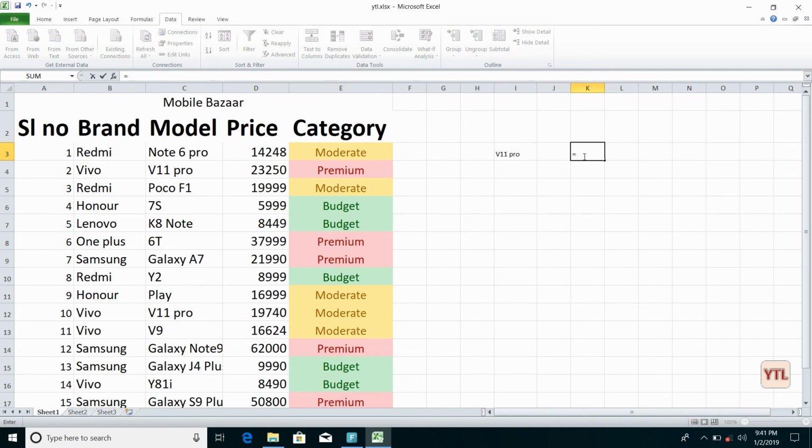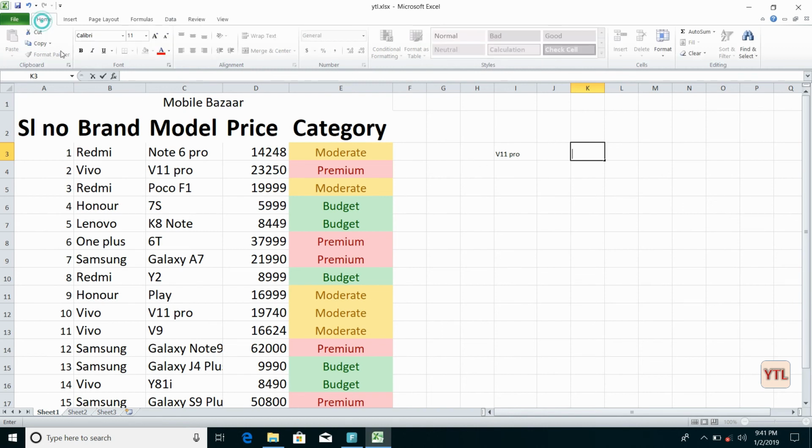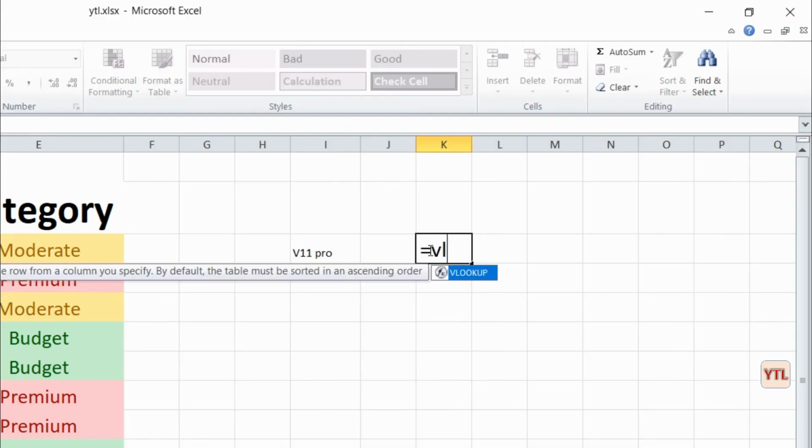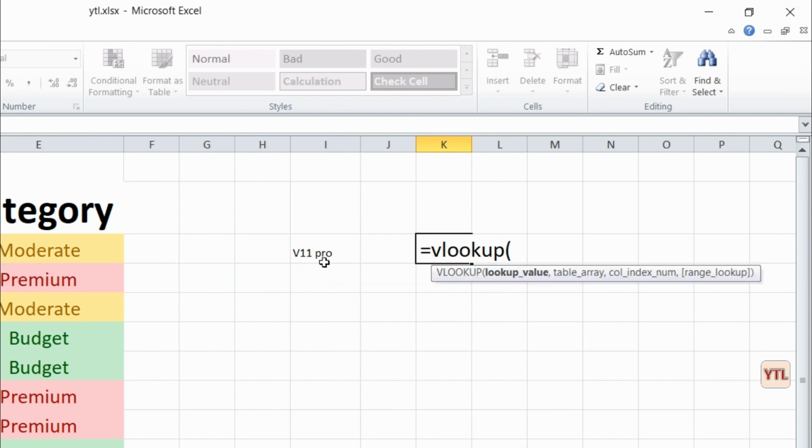Say equals to, and let me increase the font again. Equals to Vlookup, vertical lookup. Now, where will it look? It will look in this cell, I3,